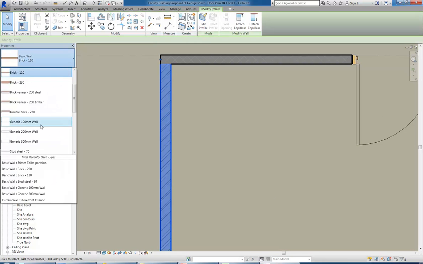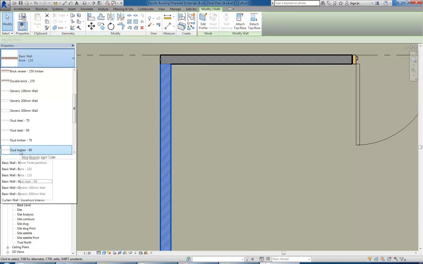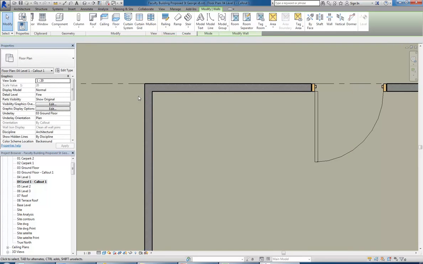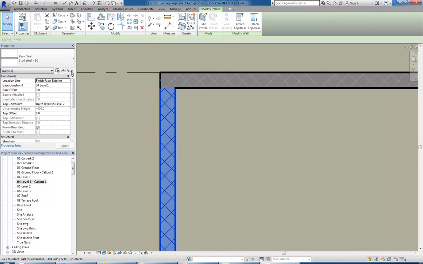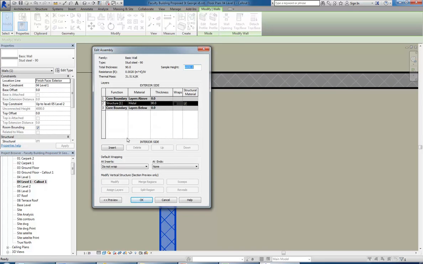Right, so I might go back to the stud steel wall type, and then just look at adding in some layers there. So back to edit type, edit for the structure, and so you can see that this is quite common when you're doing initial draft presentations,